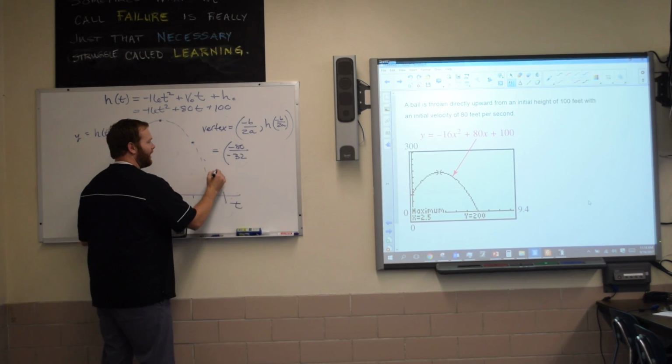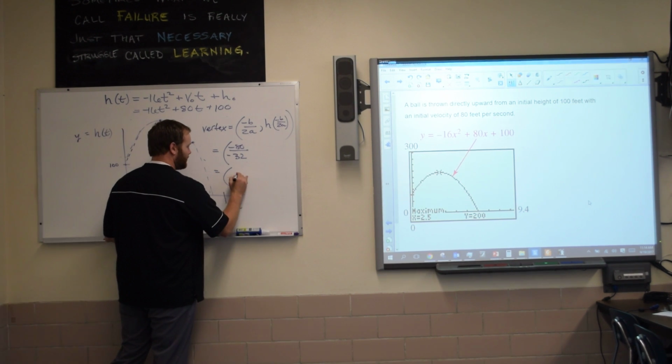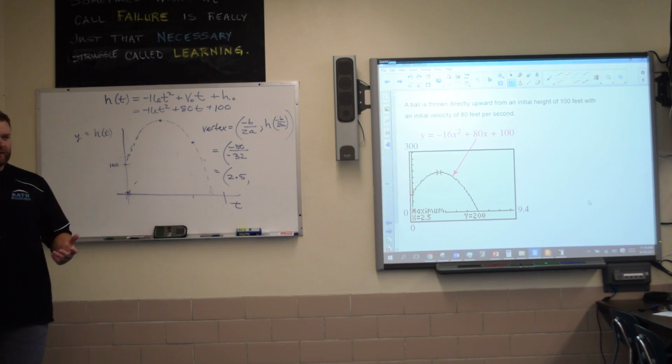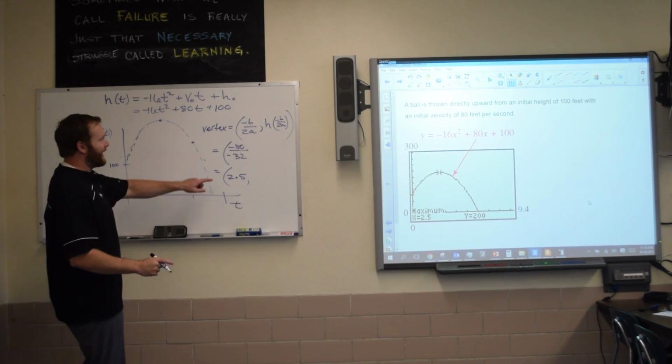All right, and that is going to evaluate to, I believe, 2.5. Usually I don't like dealing with decimals like that. Usually I like leaving it like 5 halves or whatever, but it does come out real nice at 2.5. Now what we're going to do, if that's the time